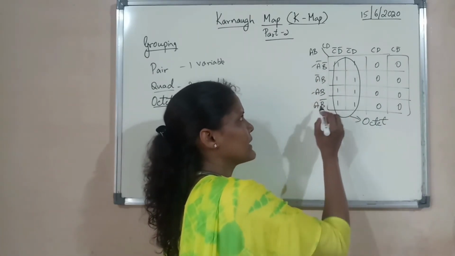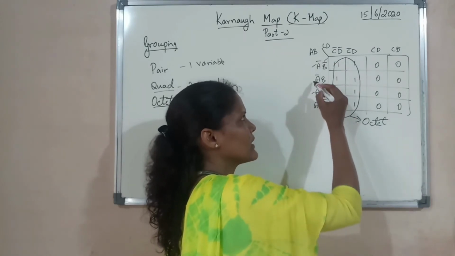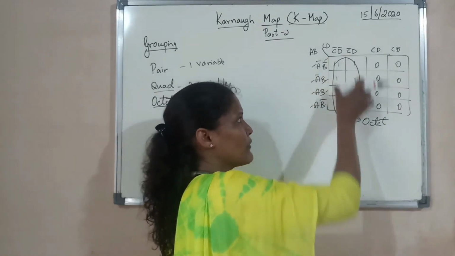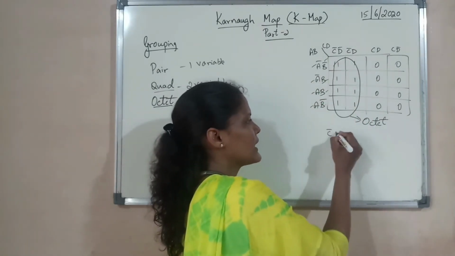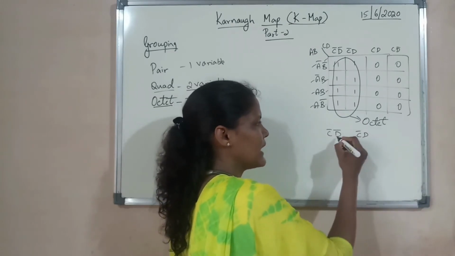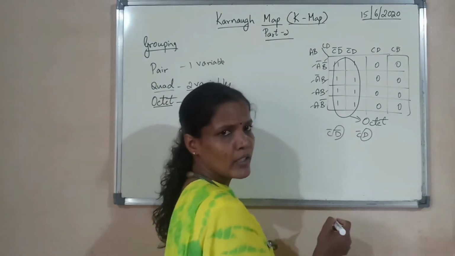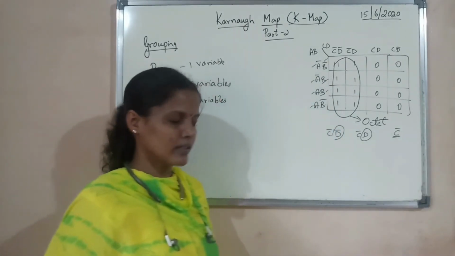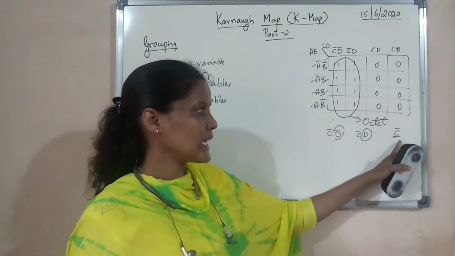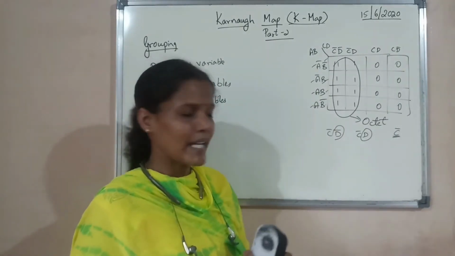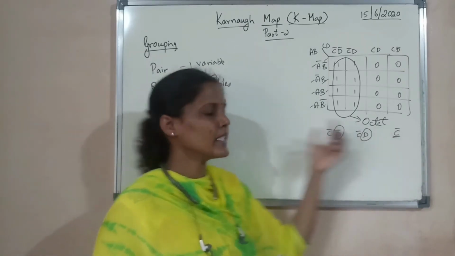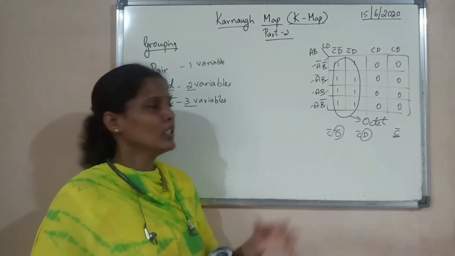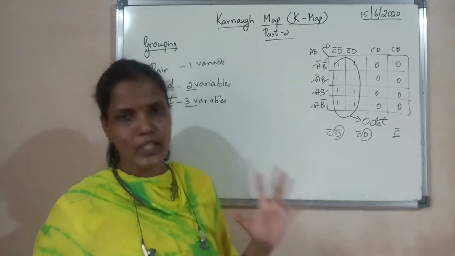A bar is there, here A is there. B bar is there, B is here. A bar A, B, B bar. So A and B are completely eliminated. Now I am left with these 2 columns, C bar D bar and C bar D. Here D is present in both complemented and uncomplemented form, so I am left with only C bar. So the simplified expression for this particular K-map is C bar. Out of A, B, C and D, I am left with only 1 variable, eliminating the 3 variables. So octet is the simplest method used to simplify the given Boolean expression.